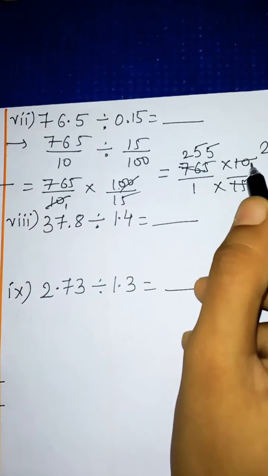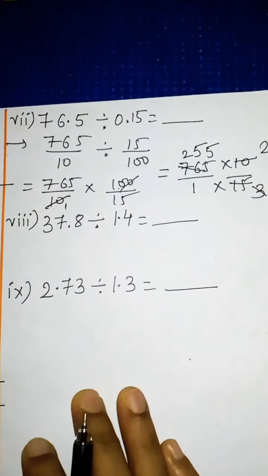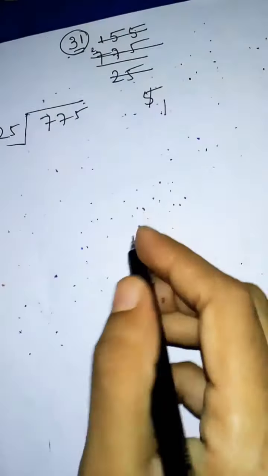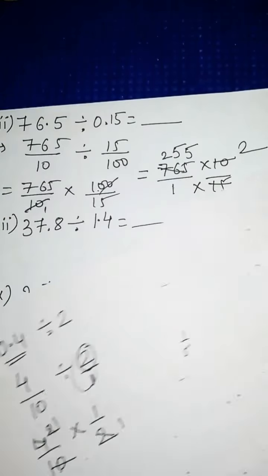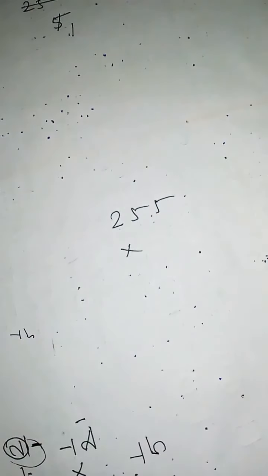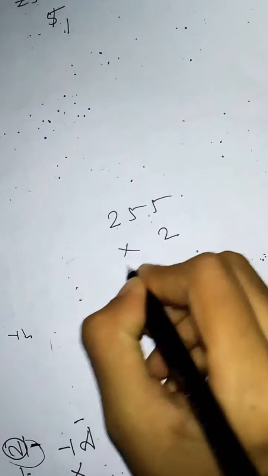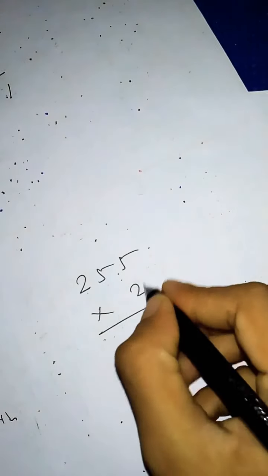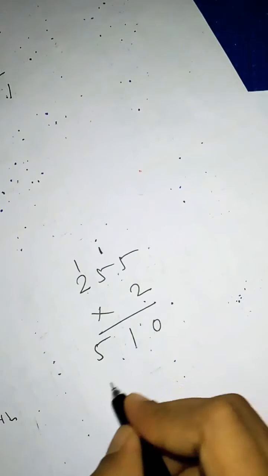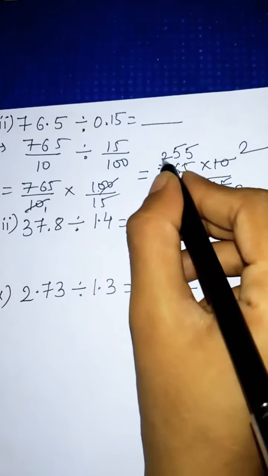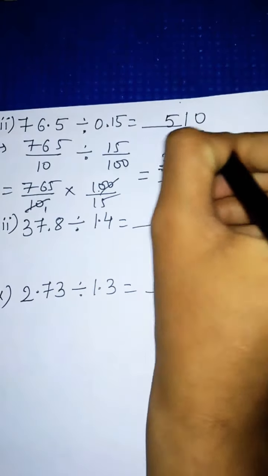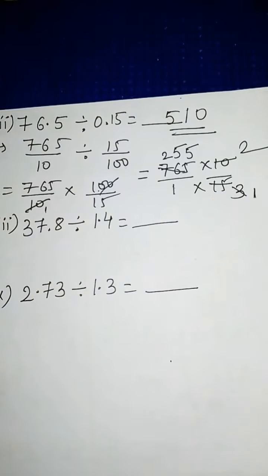255 multiplied by 2. So now we need to multiply this on the side. We will multiply 255 by 2. So 2 5s are 10, again 2 5s are 10 and 1 is 11. 2 2s are 4 and 1 is 5. So 510. So 255 into 2 was 510. So 510 is our answer. Okay, so this is our final answer.